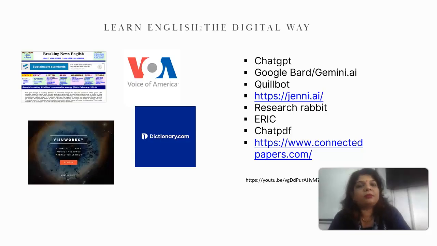Voice of America is an excellent tool where, if you come to the bottom, you can see beginning, intermediate, and advanced, the stages of English that are there. You can come down the page and find various add-ons, segments that are there in Voice of America. Segments like learning from English movies are there. Conversation starters will be there. Very small, concise videos on tenses and on grammar are there.